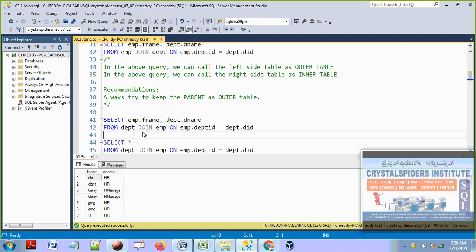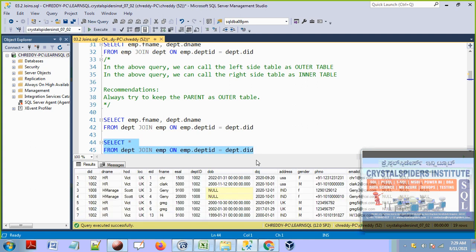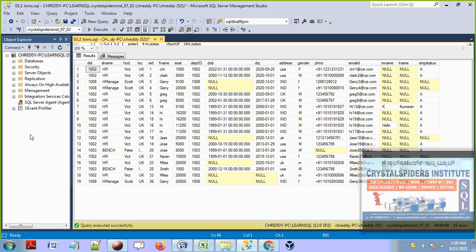So now here let's understand. These two tables are joined as part of the from clause, and once the join is done, from the join results it is going to take only these two columns. Let's see, guys, what columns it is going to display and how the join results will come. You see now, this is all the join results, guys.